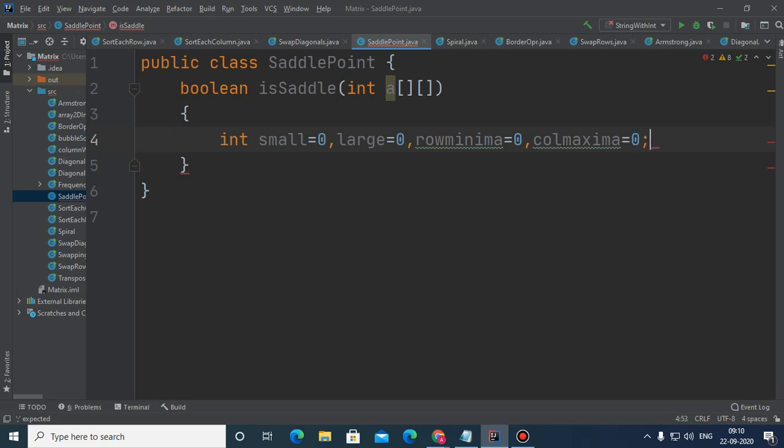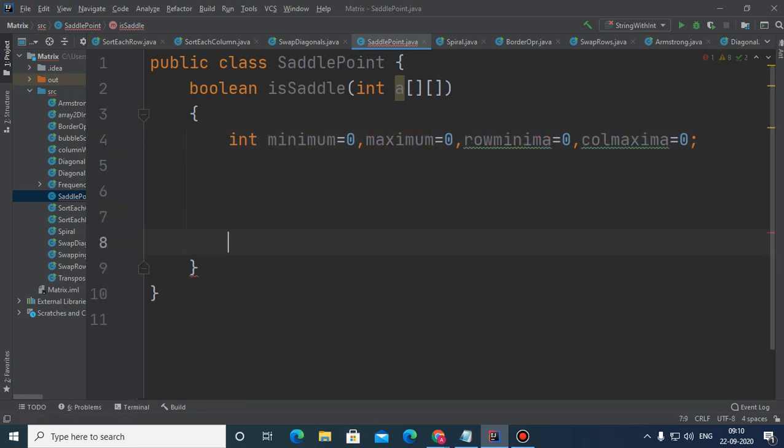So I have taken here four variables. One is for the smallest, one is for the largest, and one is row minima and one is column maxima. So here you just write minimum, and you just write maximum.